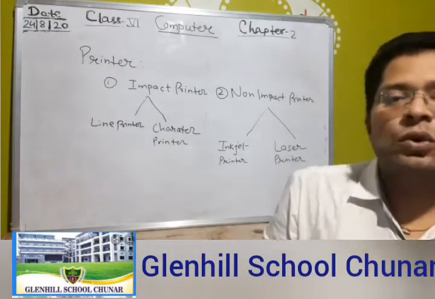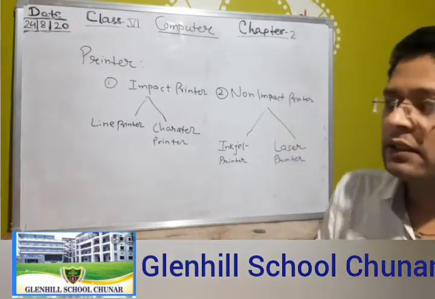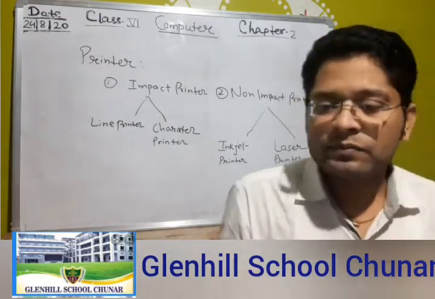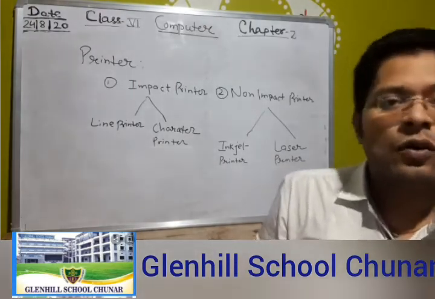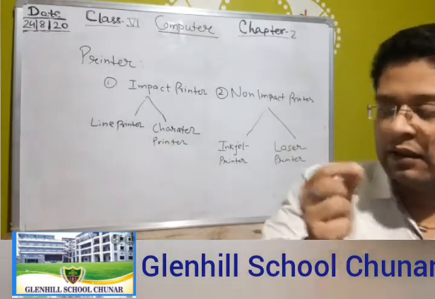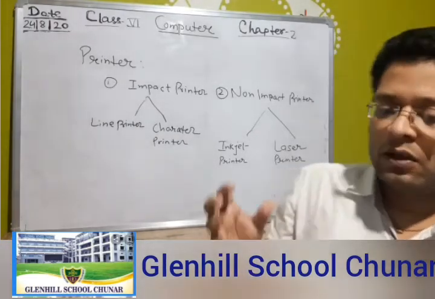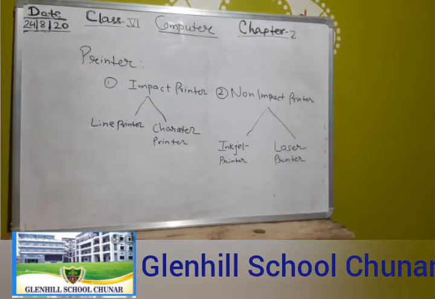And next component, hard disk. Hard disk can store a large amount of data, and it is made up of a stack of disks called platters. And next, CD-ROM, compact disk read-only memory, which is made up of pits and lands. And printer gives permanent output onto a paper. They are classified into two types: impact and non-impact printer.